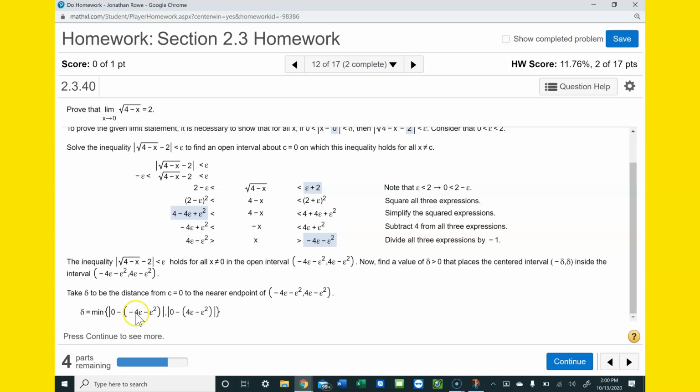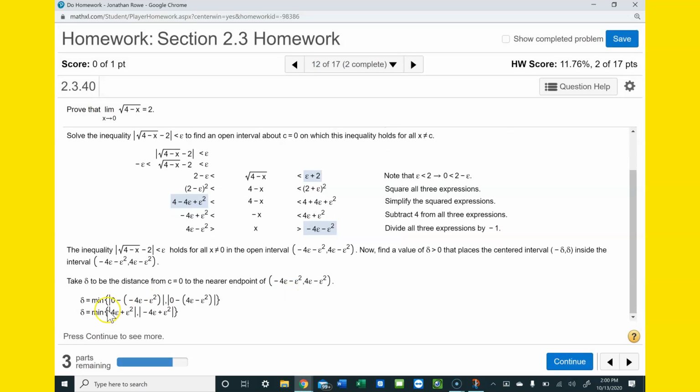So we're taking the minimum of that and that, which simplifies down to 4 epsilon plus epsilon squared and -4 epsilon plus epsilon squared. What's the minimum of those two things? I believe that the minimum of those two things is going to be this,